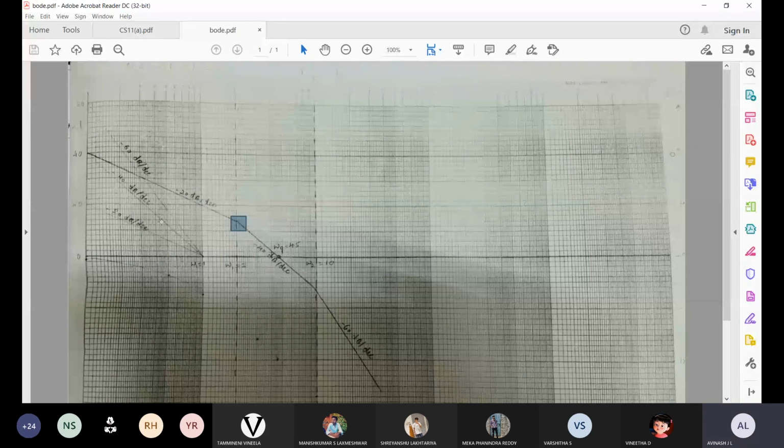So after taking omega equal to 2, at 20 dB per decade, we have to consider the next parameter, that is omega equal to 10. If this is 2, then immediately next comes this 10. From this point, the slope has to be minus 40 dB, because minus 20 dB was the previous slope. Now it is minus 20, minus 20, minus 40 dB.